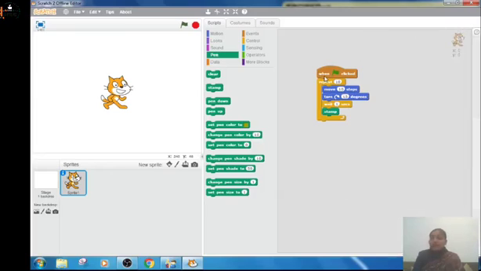Now since I have used when green flag clicked, I can run the script from this green flag also, okay. So I will press this green flag, and I have used the block repeat, therefore it will repeat all these actions one after the other, okay. The cat will perform these actions in a loop. I will press this green flag.